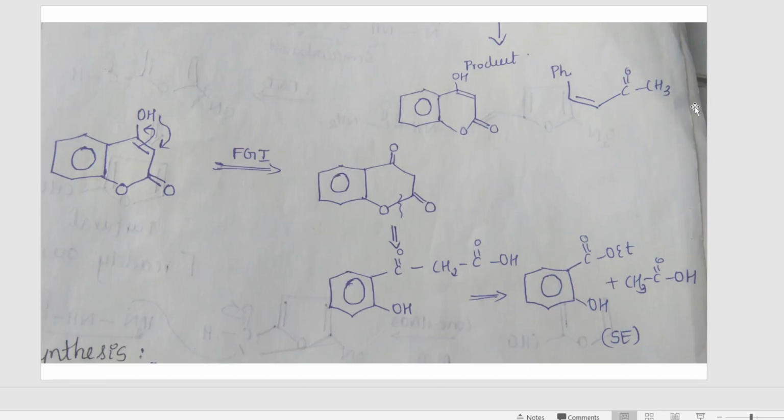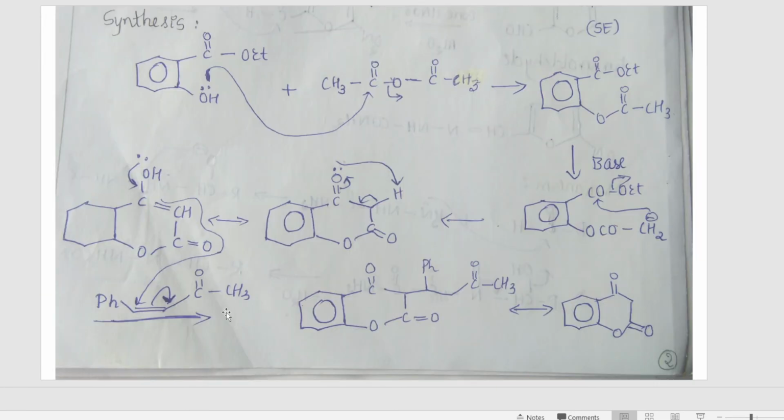Next, what happens? You're taking this molecule. Which molecule? One more part, one more synthetic equivalent, because you want to make the warfarin ring, correct? So you're taking this particular molecule, and here also there's a shift giving it a minus and a plus charge. And here also the positively charged carbon is attacked by the electron rich carbon from here. So finally you will get the warfarin molecule as shown here. Okay, so this is a synthesis of warfarin.